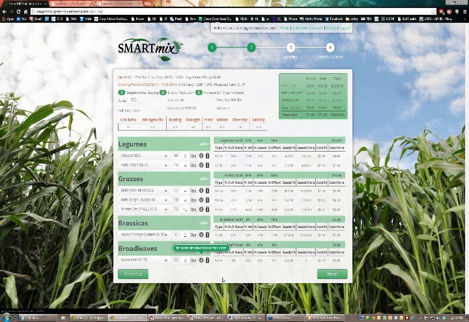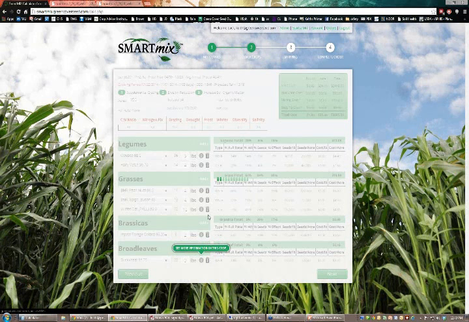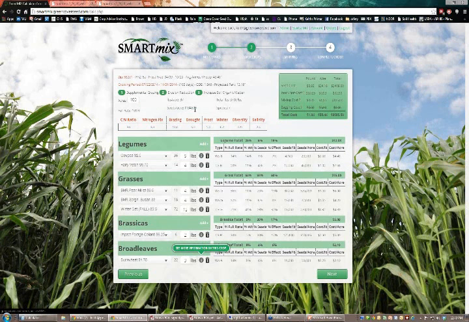So right now, we've got 37 pounds an acre. We've got 7 different species in our mix. We've got about 1.1 million seeds in our mix. And we've got this percent full rate is 169. And this is one of the most important numbers on this calculator, in my opinion, because this is kind of how